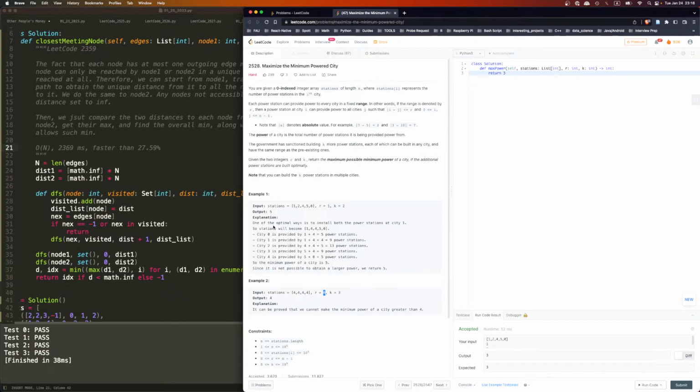So now current minimum power is 3. So we need to find a way to raise 3. So to raise 3, what we can do is to raise 3 by itself, and then we will affect everybody else. But you can also put it in a more strategic place. What do you mean by more strategic place? The place where it's the furthest away. Because if you want to impact on others,